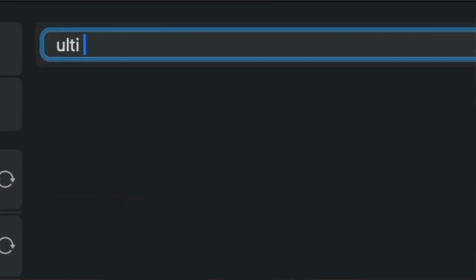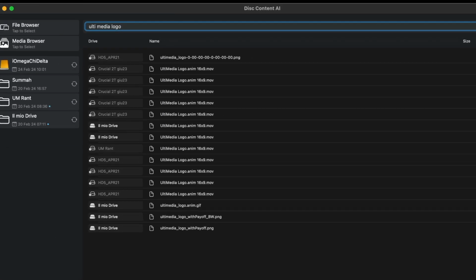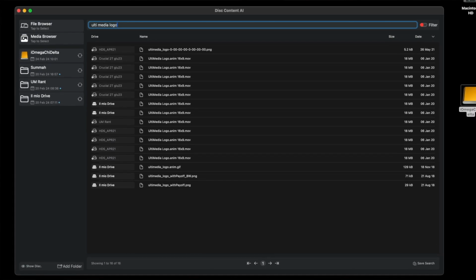It's quite interesting. Before talking about the media, you can start searching for the stuff. So you start typing something in the search field, and then immediately the application will find all the files that contain this text. The default behavior is the AND operand. So all the text must be present in the name of the file. But the most important thing is that this text must not be consecutive. So you can search for one word and then another word and then another word. And so the system will find all the files that have all these 3 words in the name, but in a casual order. This is quite interesting.